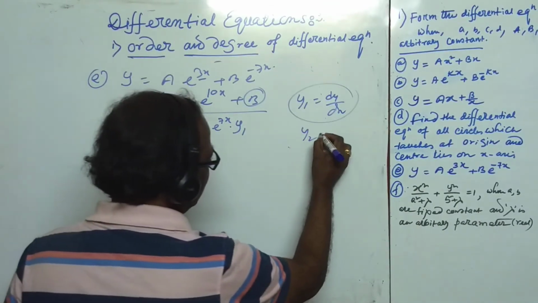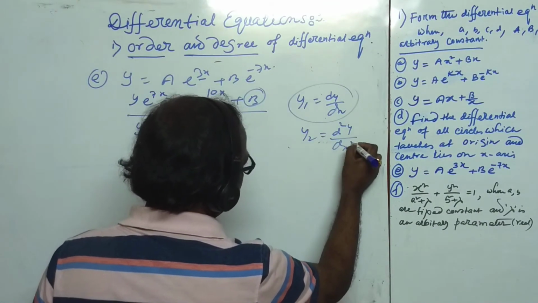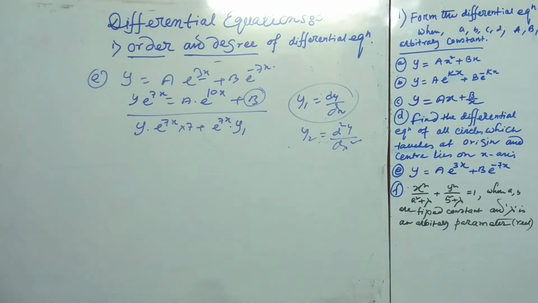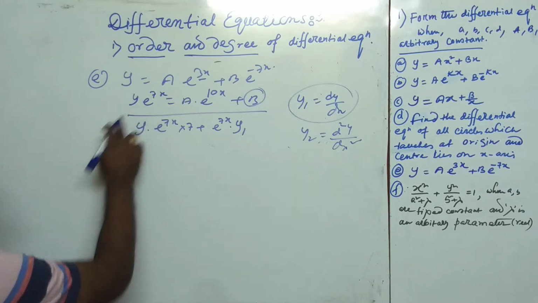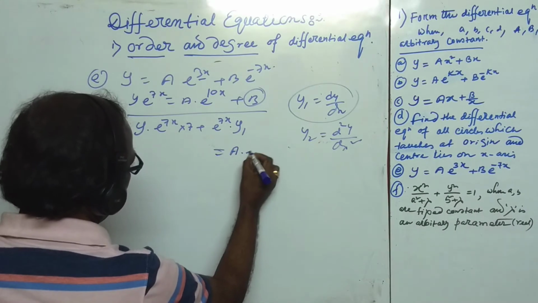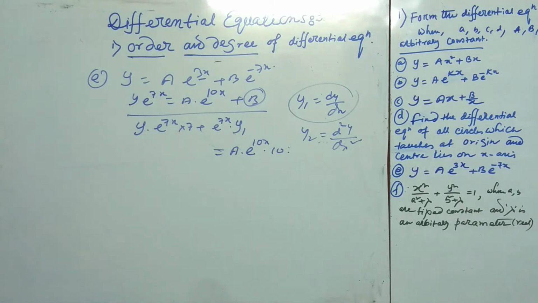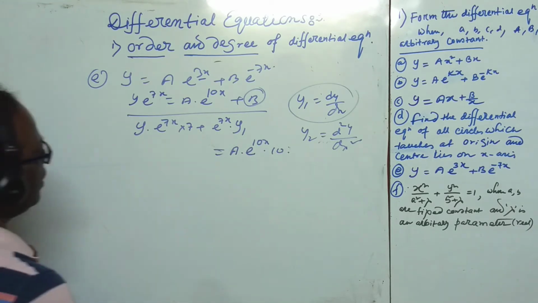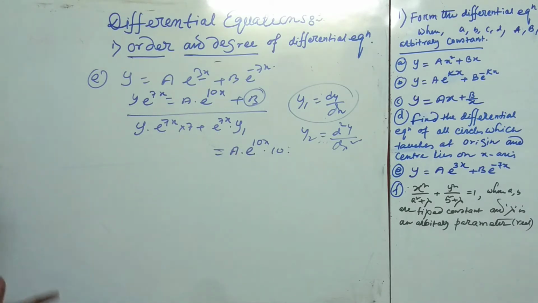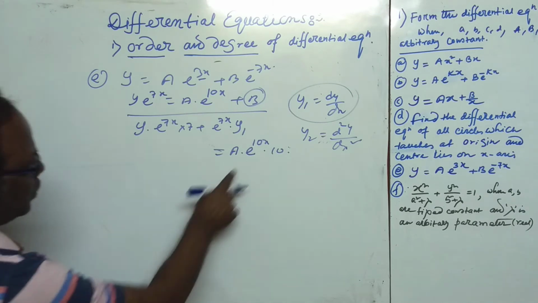And y2 means d2y by dx2, so that's the second order. Sorry, it needs to be the notation given previously. Here you have the same definition: u into v is this, and again a into e to the power 10x, and that's also 10. This is the differential of b. Now we always want to free the arbitrary constant. That's why we divide by e to the power 10x, so that a is free from the variable. See here, nothing like a, b arbitrary constants is present here. So divided by e to the power 10x.